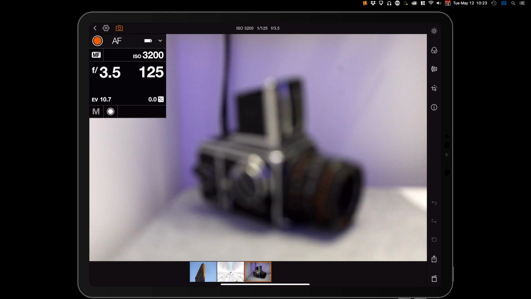And one thing that we are missing at the moment is live view, and I can assure you that is something that we are working on. So the ability to remotely address the image is something that we do want to bring forward in a future update. But in this case, I can just keep an eye on the control screen of the camera and of course fire an image.